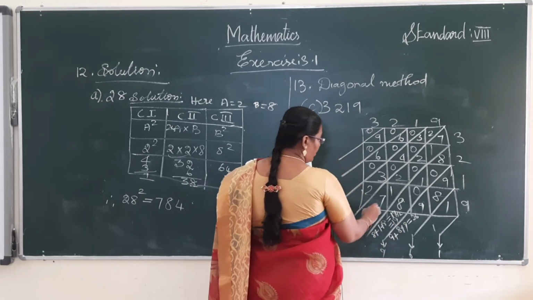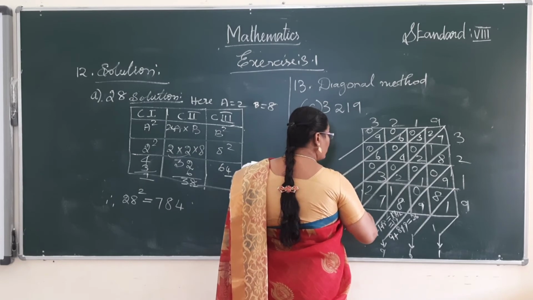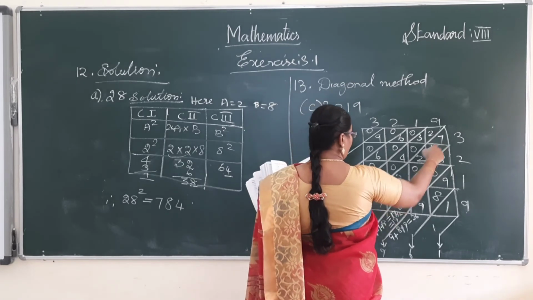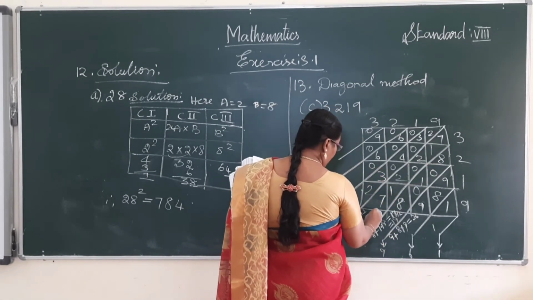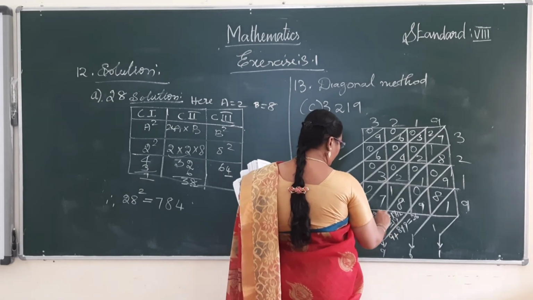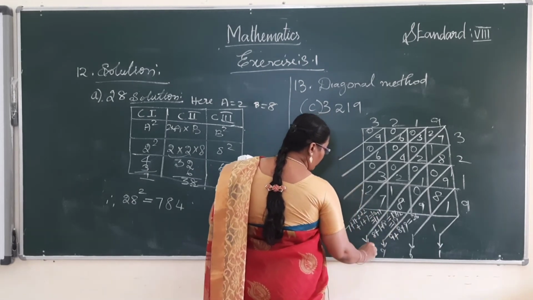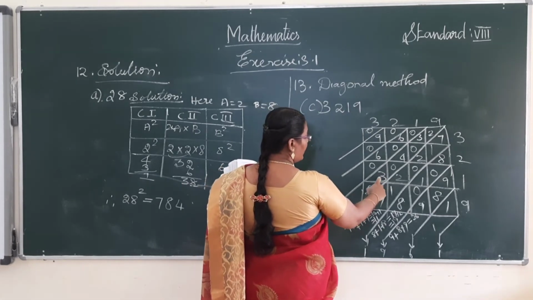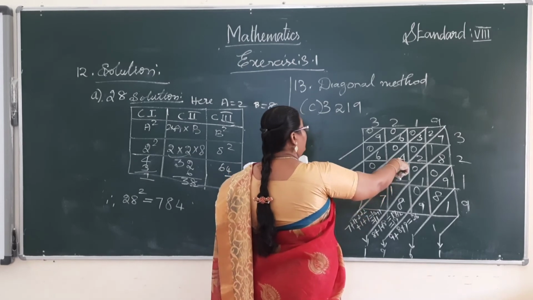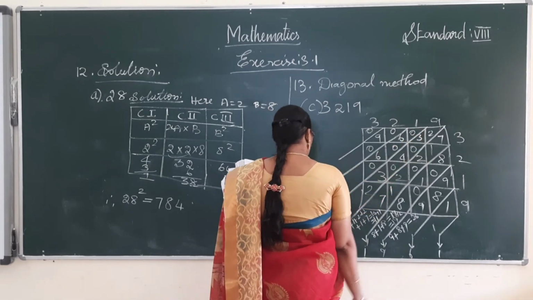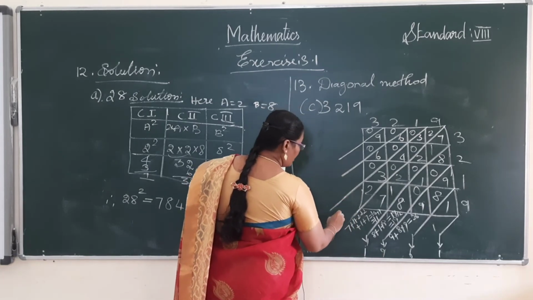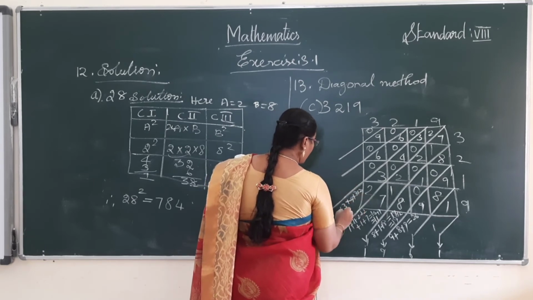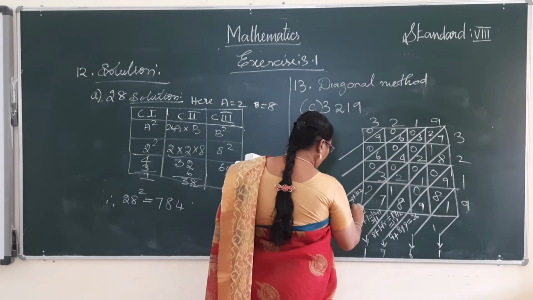1 more to here. So 7 plus 1 plus 2 plus 2 plus 1 plus 7, 10. 10 plus here 1 carry forward to here. Okay, so 11. Write here 1's place and 10's place move to the next one of the diagonal. So 2 plus 3 is 5, 5 plus 4 is 9, 9 plus 5 is 14. Here 1 carry forward, so 15.